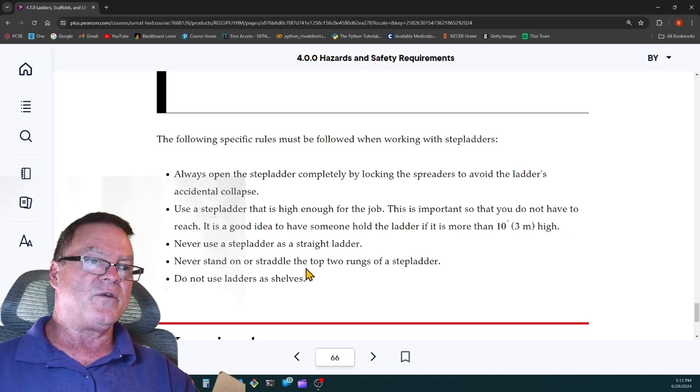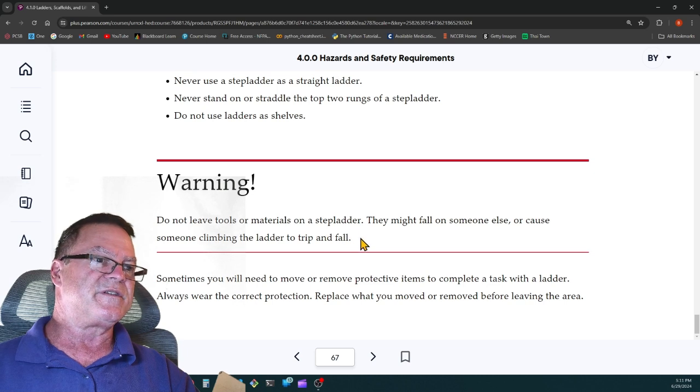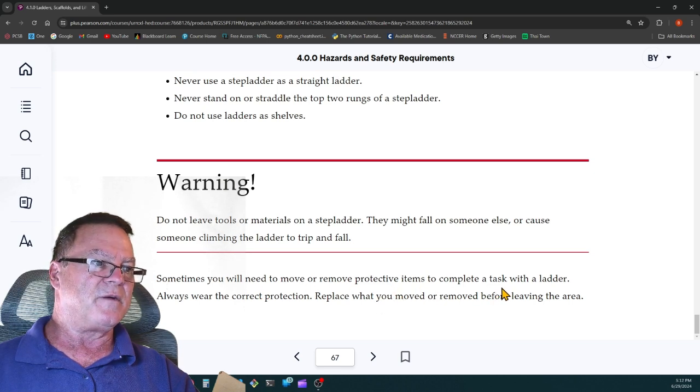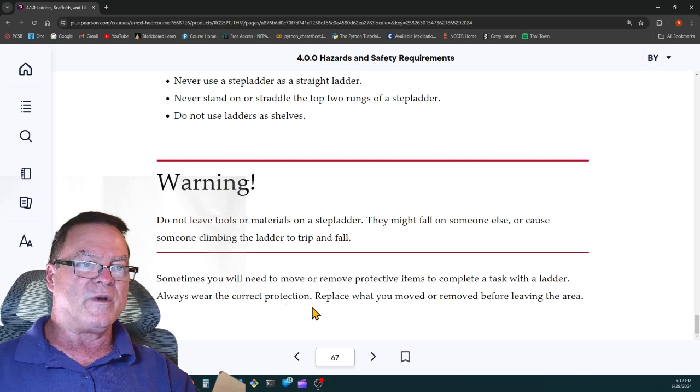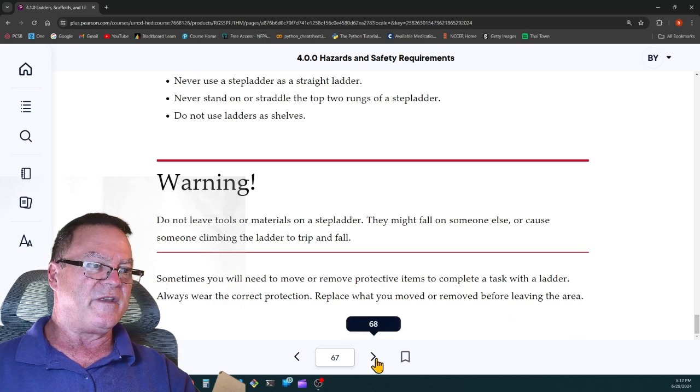Never stand on or straddle the top 2 rungs of a step ladder. Do not use ladders as shelves. Warning: do not leave tools or materials on a step ladder. They might fall off on someone else or cause someone climbing the ladder to trip and fall. Sometimes you'll need to move or remove protective items to complete a task with a ladder. Always wear the correct protection. Replace what you moved or removed before leaving